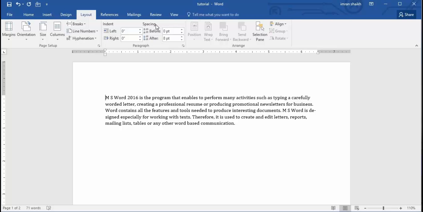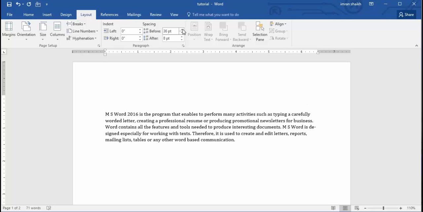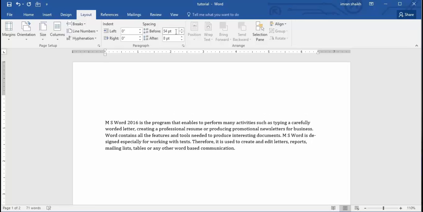And in spacing, inside the spacing option we have two commands, before and after. From the name itself you might have understood that before means applying some space before the start of the paragraph, and after means after the end of the paragraph. Now I have kept my cursor at the very beginning of the paragraph and I will keep on increasing the space before. You might notice that our text is coming down. That means an extra bit of space keeps getting added at the top, which is before. Now I have kept my cursor at the end of the paragraph, and if I keep on clicking on after,